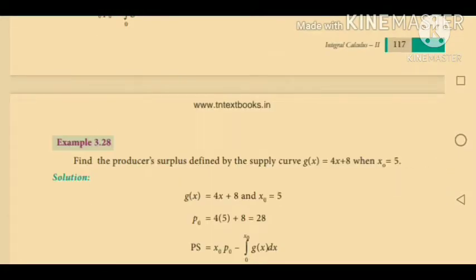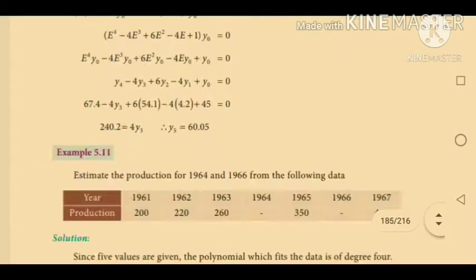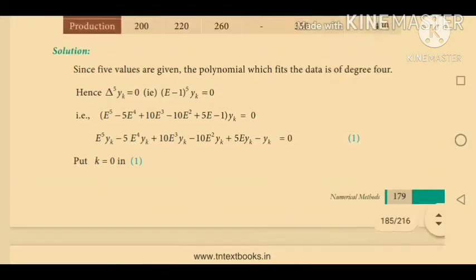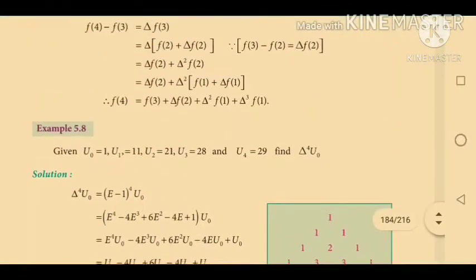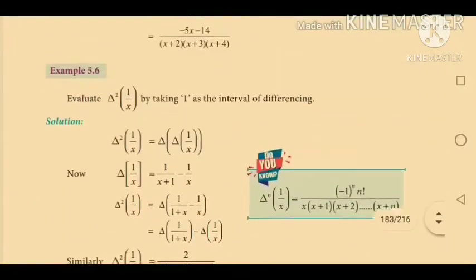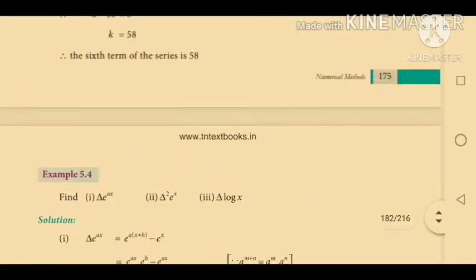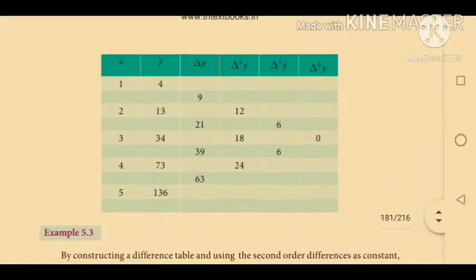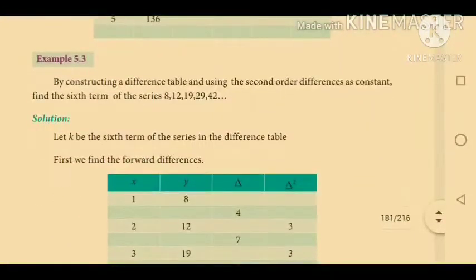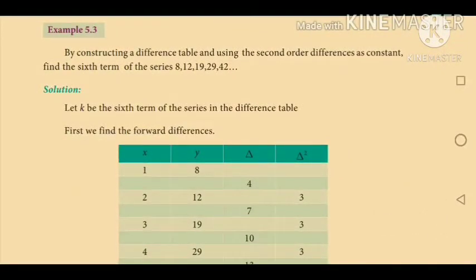Next sum is 5.3. So by using the same method, the difference method, that is forward difference and backward difference method. Here we are using two methods, forward difference and backward difference. The only difference is the y term, that is we are separating the y term in case of forward difference, y2 minus y1.